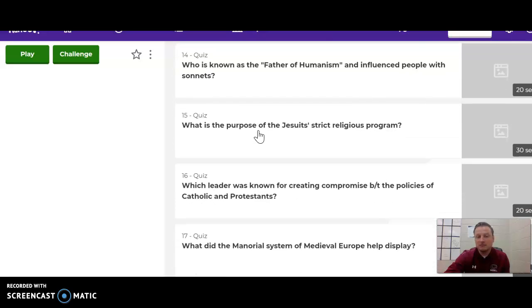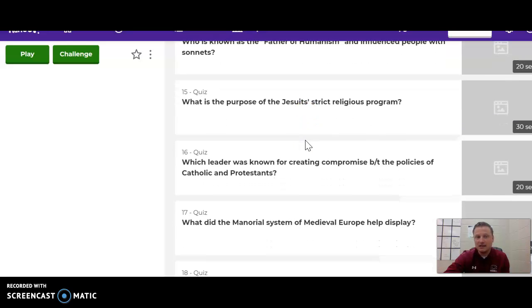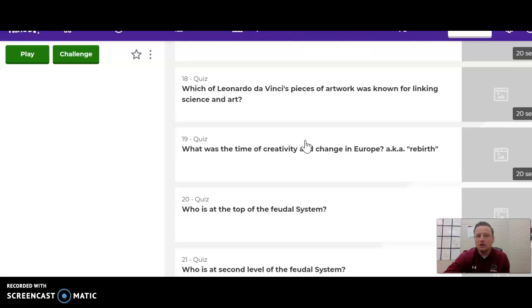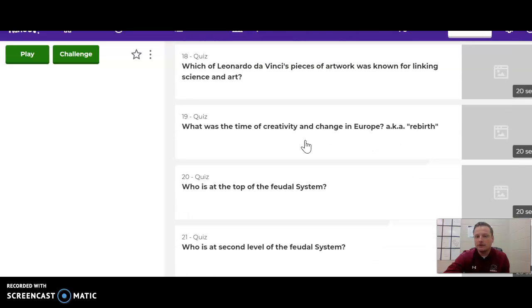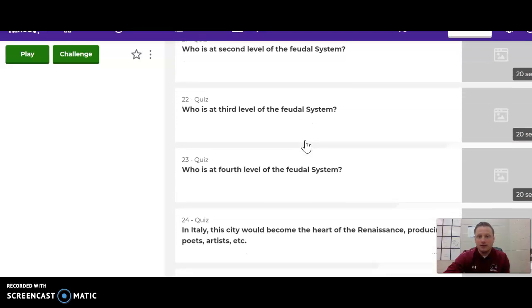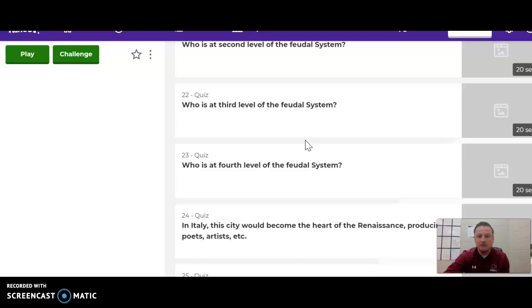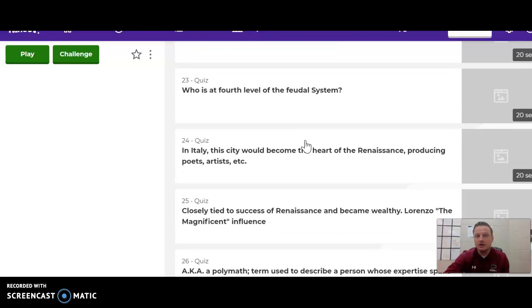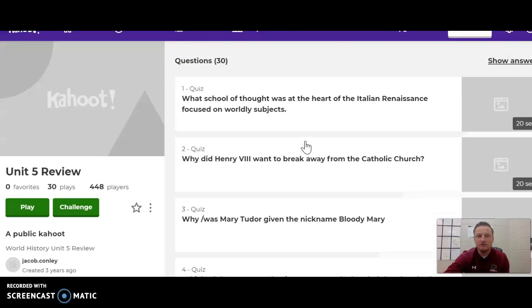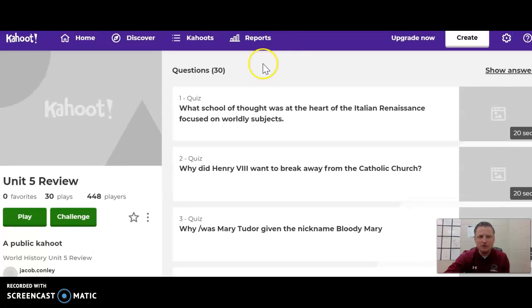But this is basically our test. It's a great review for our kids, and it also allows us to pinpoint certain areas where the kids need a little more remediation. And helps us do grouping when we're differentiating leading up to the test. And I'll show you the reports section of Kahoot here momentarily. So if you go to Kahoot,